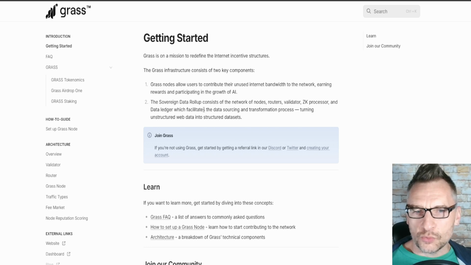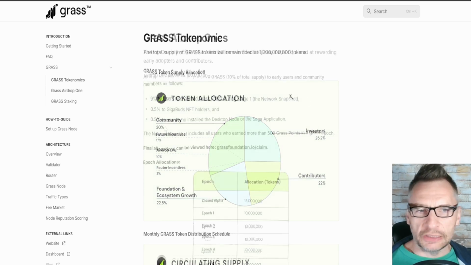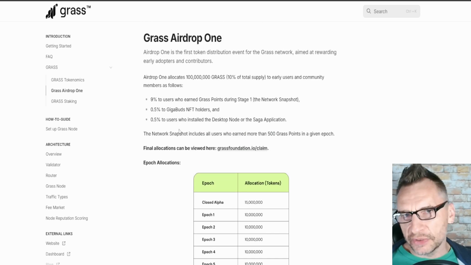And the sovereign data rollup consists of the network of nodes, routers, validators, ZK processor and data ledger, which facilitates the data sourcing and transformation process, turning unstructured web data into structured data sets. There are tokenomics included. I'm not going to go through the details of it, but the total supply of Grass tokens is 1 billion. What I would like to just briefly go over is the airdrop, which obviously is taking